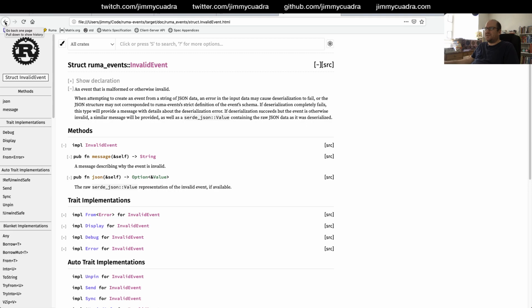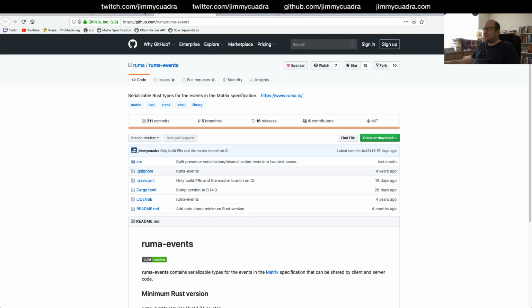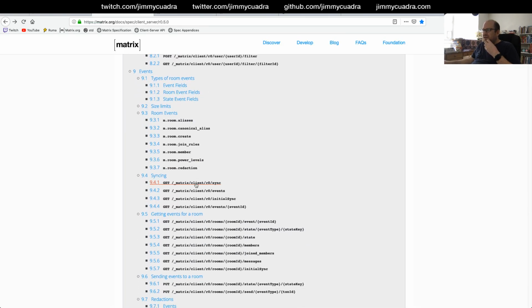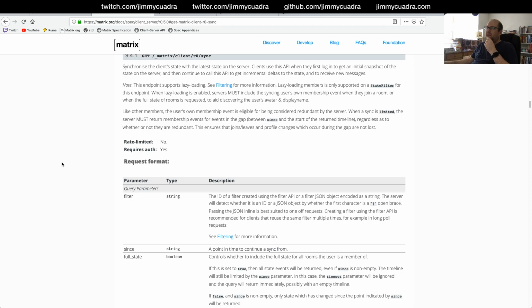And what we discovered is that this doesn't actually integrate well into the other Ruma libraries that use this, because those libraries are expecting these events to occur in larger structures. So if we go back to the client-server API, and look at the sync endpoint, this is the main endpoint that clients will use.